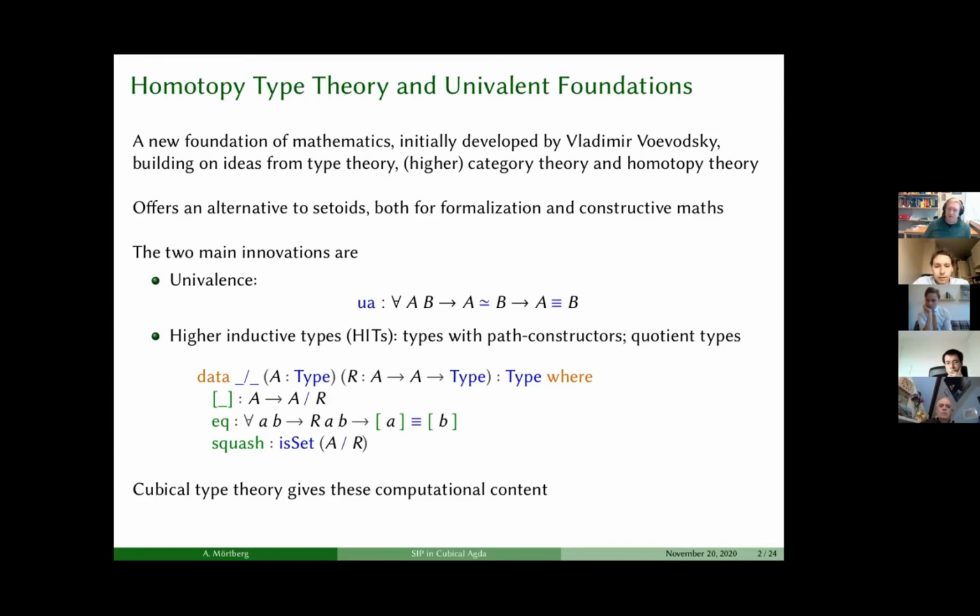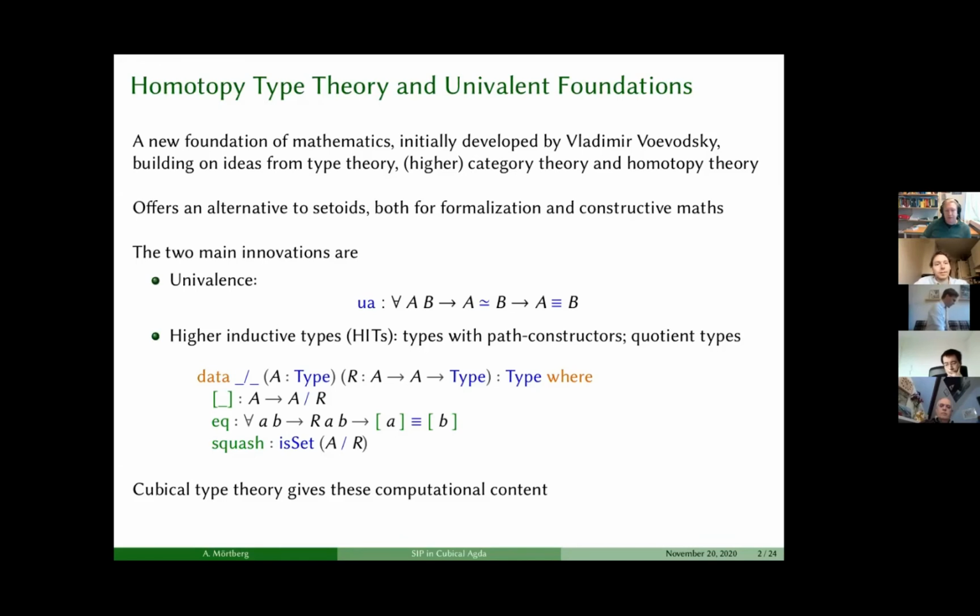So there are different ways to interpret what this symbol means, but you can think of it as propositional equality, or you can also think of it more topologically as the type of paths between A and B. All right. So that's one thing it gives. It gives some way of converting isomorphism of types into some form of equality of types. All right. And